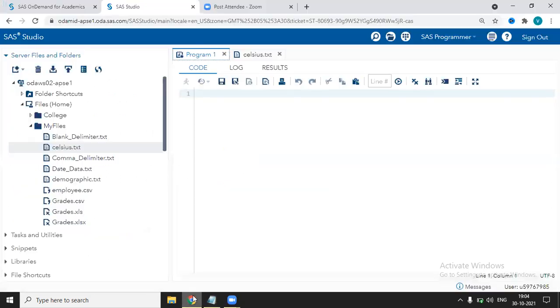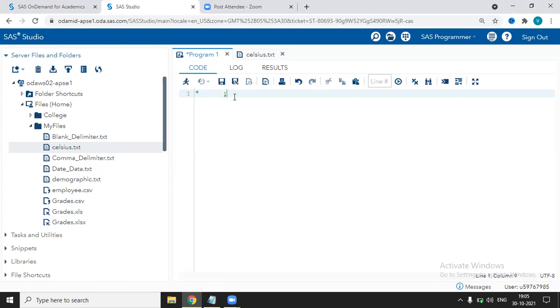Now again go to the SAS Studio. It is a good practice to start your program with a comment. So in SAS Studio, to write a comment, we have two options. Either you can start with the asterisk sign, write your comment in between and end with a semicolon. You can see this in green color. In SAS Studio, your comment will be displayed in green color.